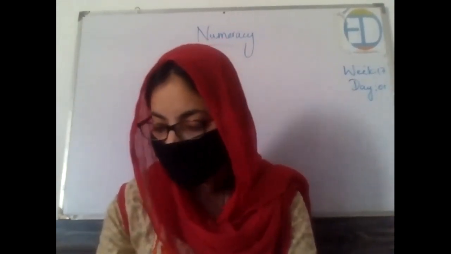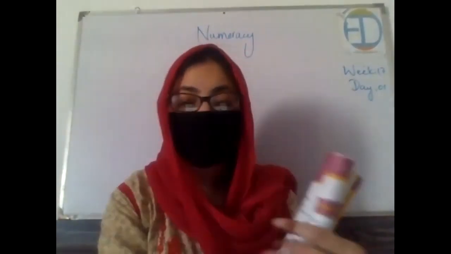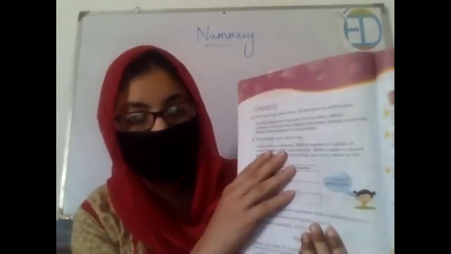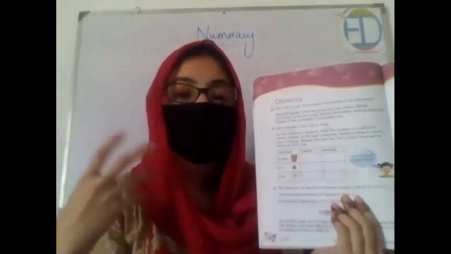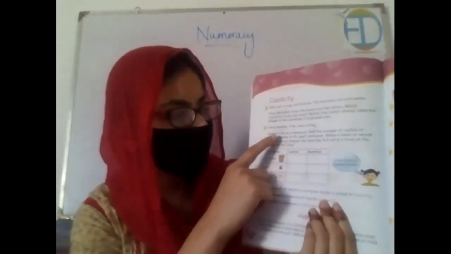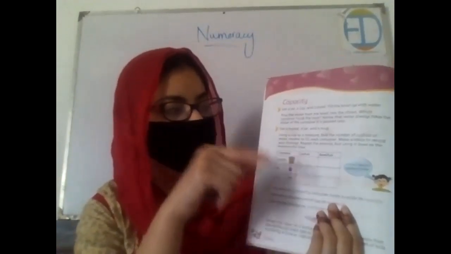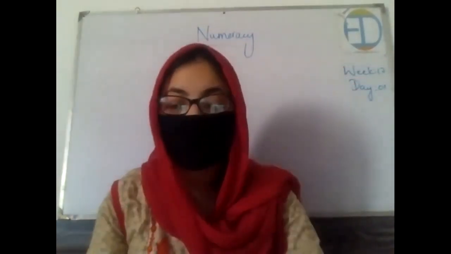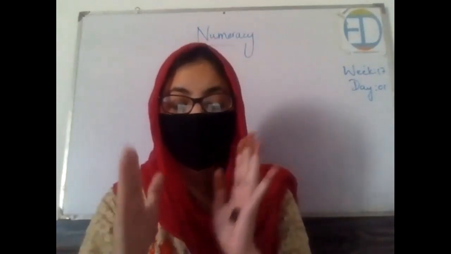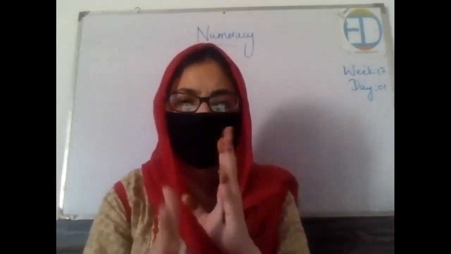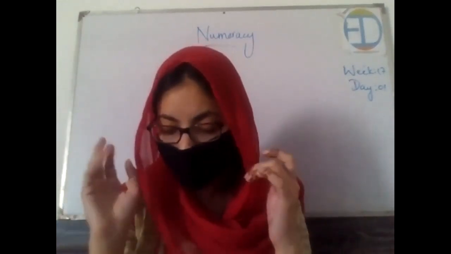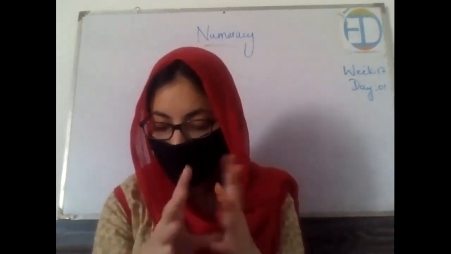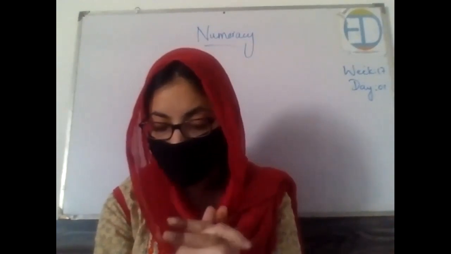Okay, now in your book, we are already done with this starting activity, where we were supposed to take different jars and pour water from one into another and understand what capacity is. Now let's move forward. It says to get a bucket, a jar, and a mug. You can do this activity at your home, in the washroom, where you will easily have a mug and a bucket. Take a jar of something. Now, what you are supposed to do, using a cup as a measure, find the number of cupfuls of water